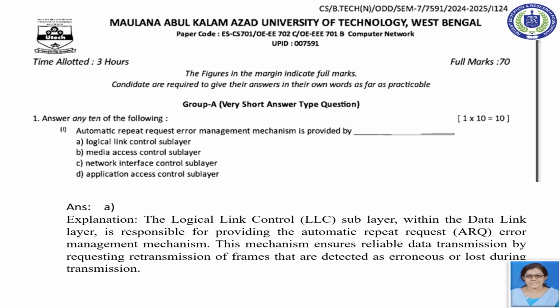The data link layer is responsible for providing the automatic repeat request error mechanism, which helps data reliability in the data transmission process, where the data is transmitted in the form of frames, and it is detected whether the data has an error or has been lost in transmission. So the correct answer is logical link control sublayer.